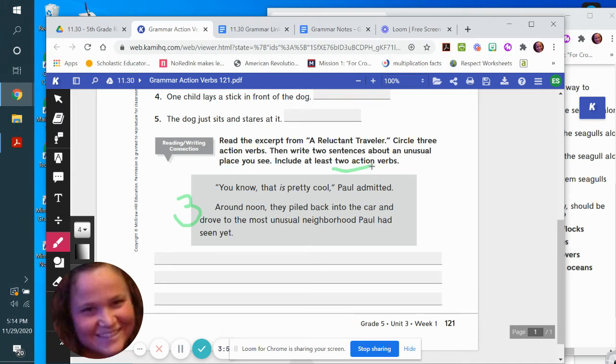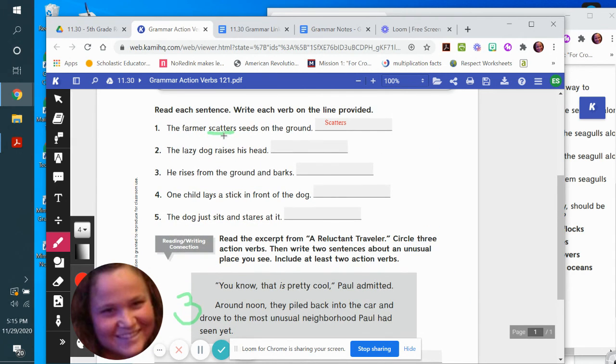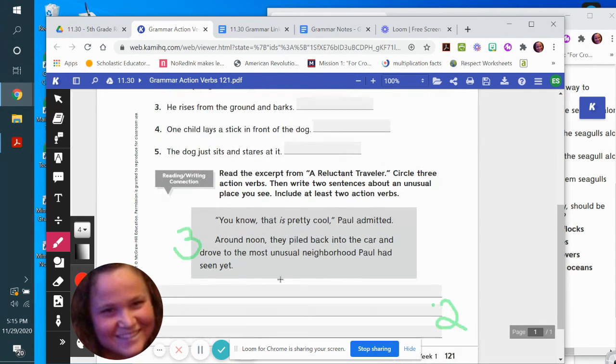So if you were just walking there, walking is an action verb because it's something that you're actually doing. Okay, that being said, you need 2 action verbs with at least 2 sentences. So that means that this is worth 10 whole points for this whole page. So don't skip the bottom,